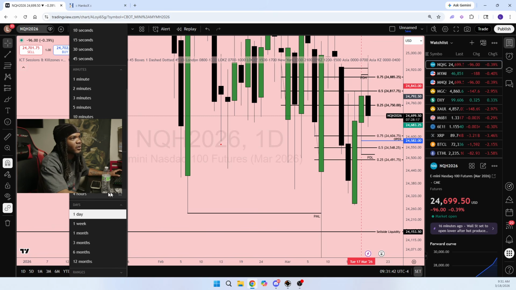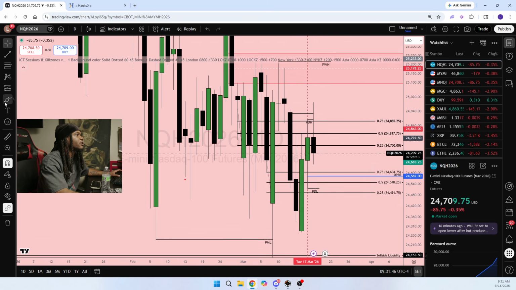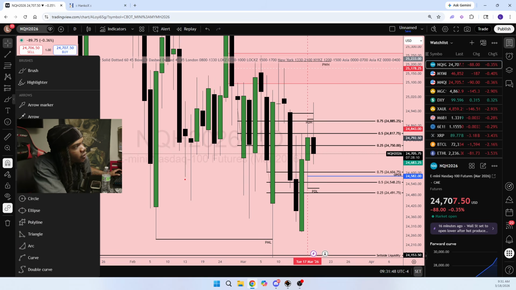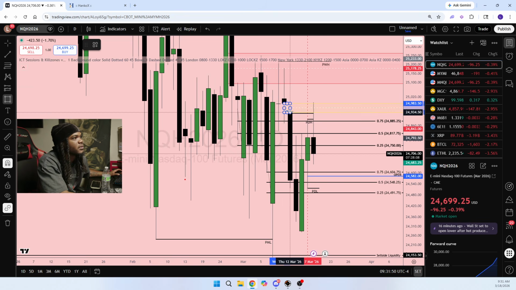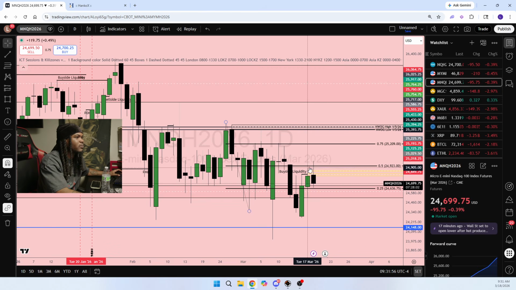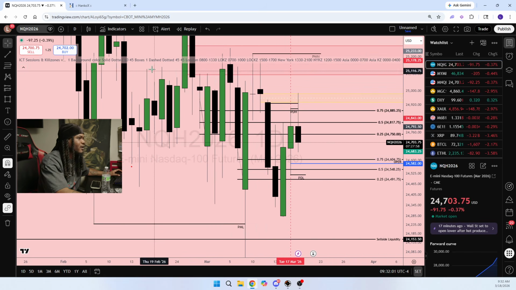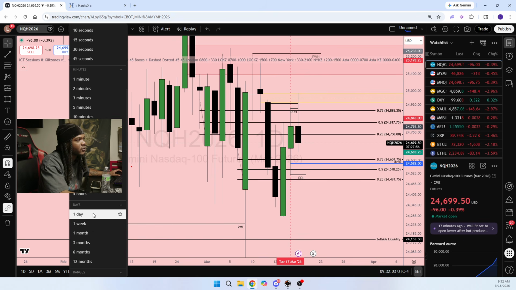We could go to the 4-hour chart. Now, something I want y'all to pay attention to is you can see that NQ basically pushed into that little volume imbalance right here on the daily. I had this marked up on MNQ, but I'm looking at the regular NQ chart. I know I need to switch to the different contract, but I'm not trading directly on TradingView today, so it don't matter. But anyway, we got that volume imbalance, so you can see how price pushed right up into that